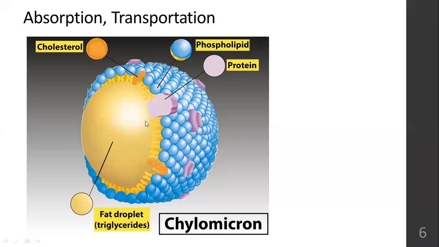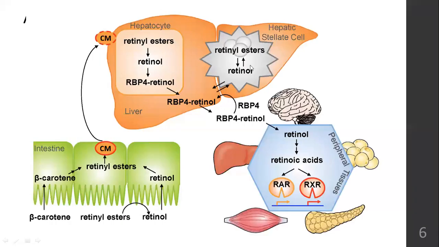So chylomicron, since it has a fat interior, a fat droplet, this fat droplet can carry the fat soluble vitamins inside the intestine. Because of the chylomicron, fat-soluble vitamins A, D, E, K can travel inside the intestine and out of the intestine into the blood circulation. This is because of chylomicron. So remember this structure for other chapters as well. So here you can see